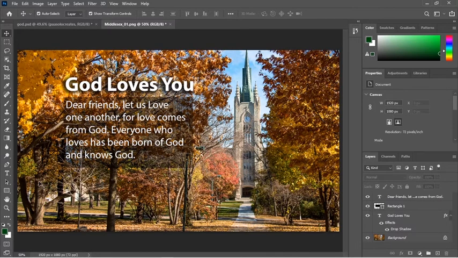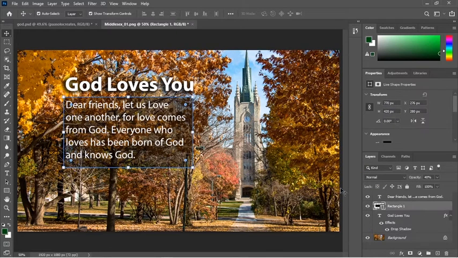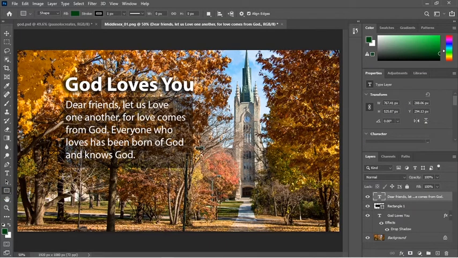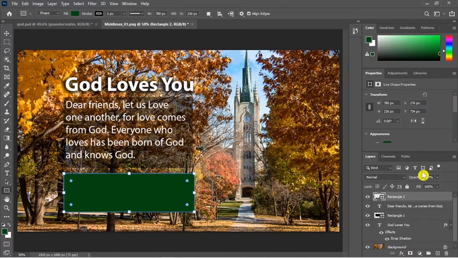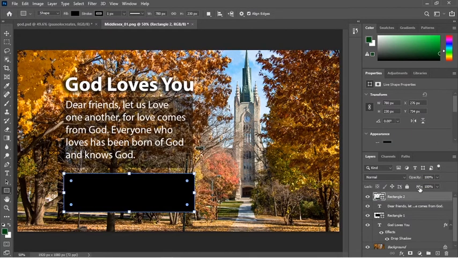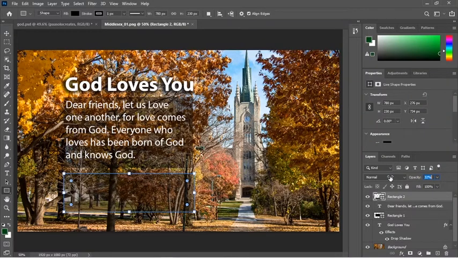Okay, so what we are going to add now is the social media handles. First of all, you will do a different rectangle. Select your rectangle, and we will draw a different rectangle for the social media handle. Hold, drag to make your selection, leave it and change your color. Just click here, select your color, hit OK, and I'll reduce my opacity to 38. Okay,